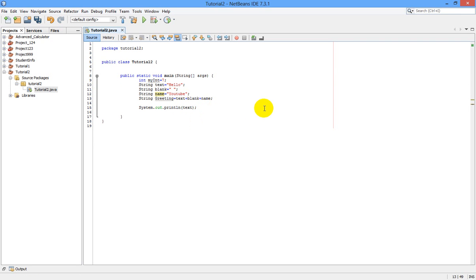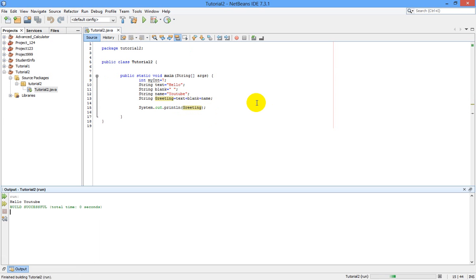Now when I run this program, see greeting, you can see the output hello space YouTube. That is, all these 3 strings have been concatenated. Hello space and YouTube.